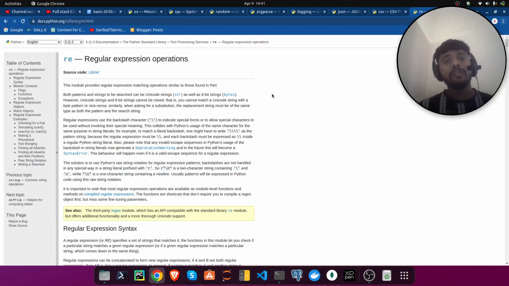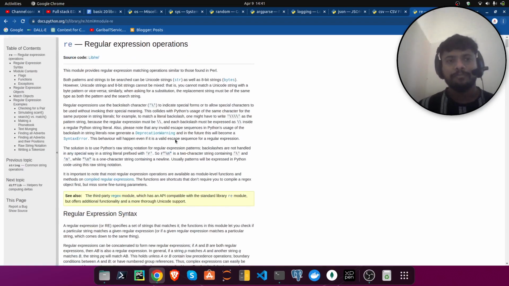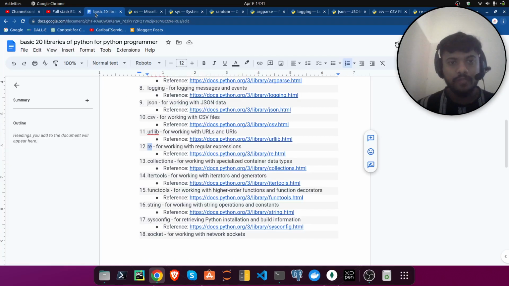But how will you filter that? If you want only the paragraph text on one page, but images, fonts, symbols and special characters are there, and you want only text in good format, then for pre-processing that data we use this re library. So it is very important.